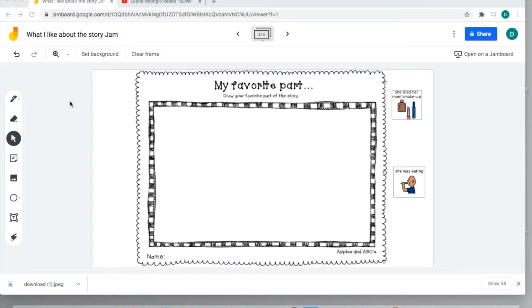Hello, today I would like to go over a graphic organizer that you can utilize with your alternately assessed students when you're working on the ELA Essential Element RL 3.6, which is identifying personal point of view about a text. So I'm going to show you some different ways that you can modify and differentiate this graphic organizer, talking about a student's favorite part of a text and different things that the student likes that the main character did in the text. So I'm going to show you that, but first I'm going to show you the story